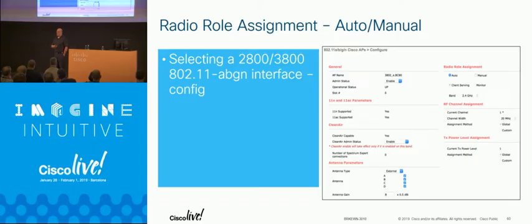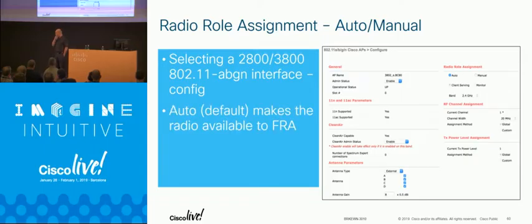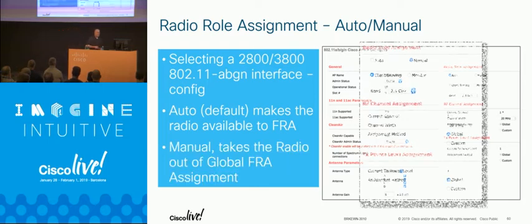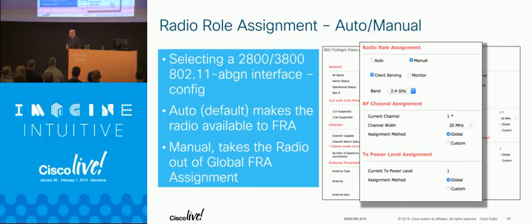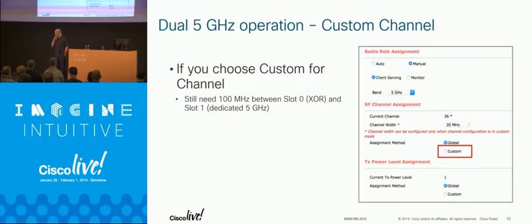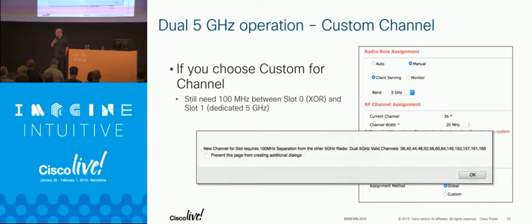You can put this in manual, turn FRA on, and you can still calculate your coverage overlap factor. And if you haven't deployed FRA, I highly recommend you do this because you're going to learn a lot about your environment. You can give it a sniff check and then things won't be a surprise. And if you don't like any of the conclusions, just don't put that radio in auto and no changes will happen. So it's really useful for evaluating the coverage. It's really useful for taking a look at where to set your defaults. You can still set custom channel, custom power. RRM's completely separate from this.